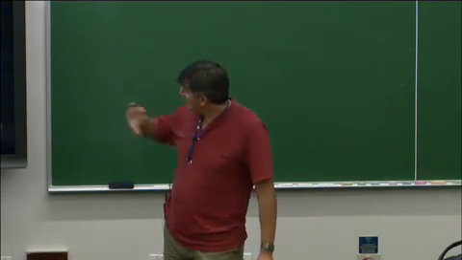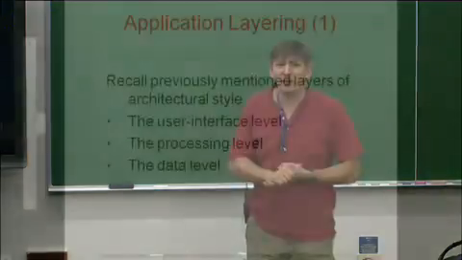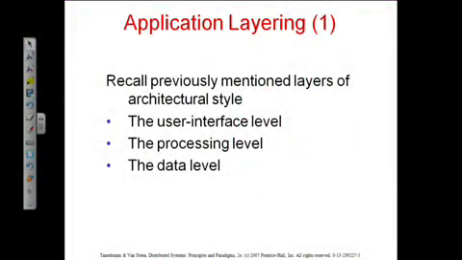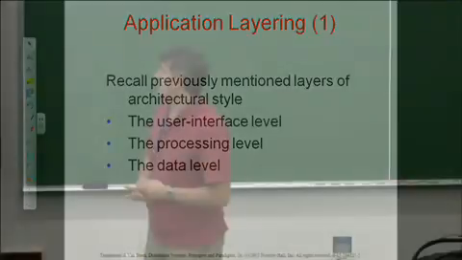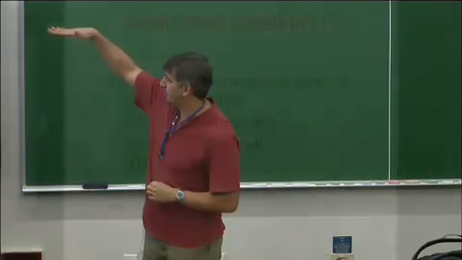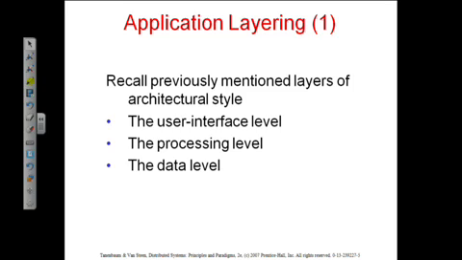All right. When it comes to the design of an application, there is a classic approach. It evolved over many decades, but it's now about there, and this is what this slide is all about. You have a user interface level, a processing level, and a data level. The data level is almost always there because you need to make things persistent one way or another. Ultimately, all computer systems are about exchanging some sort of information.